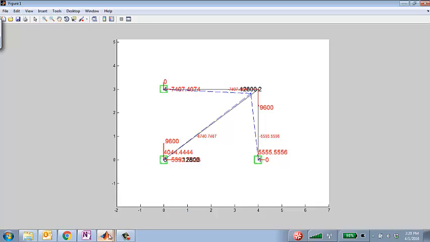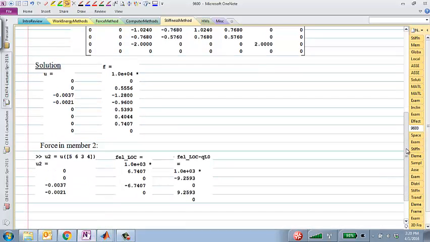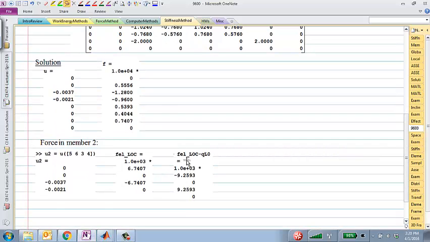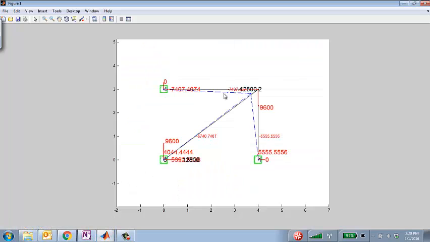So you will have to manually correct for it, which means that you take whatever force you got from Matlab and you correct it by this amount QL0, and the correct amount of force in that member is 92593 tension, and the other two members do show the correct force. Okay,